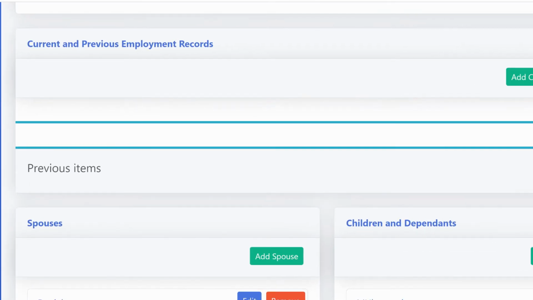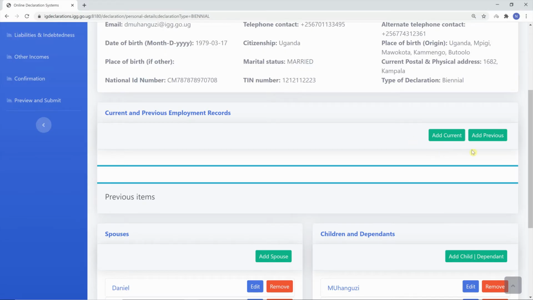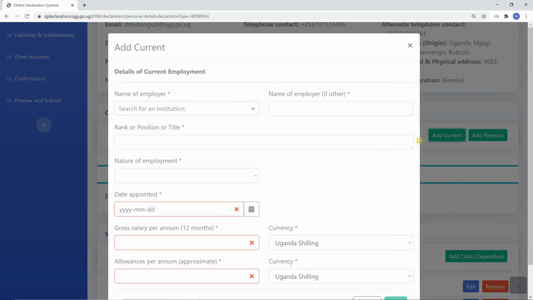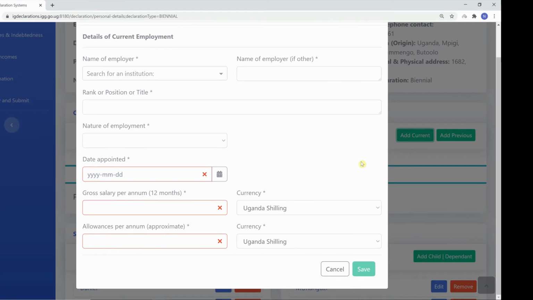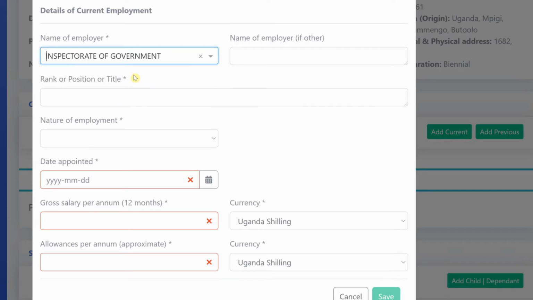The next section we have is current and previous employment records, and you're required to have at least a current employment record. Employment records can be added by using either Add Current or Add Previous. We'll add a current employment by clicking that button. Here you search for the name of your institution. If the name of your institution is not included, then you type in the name